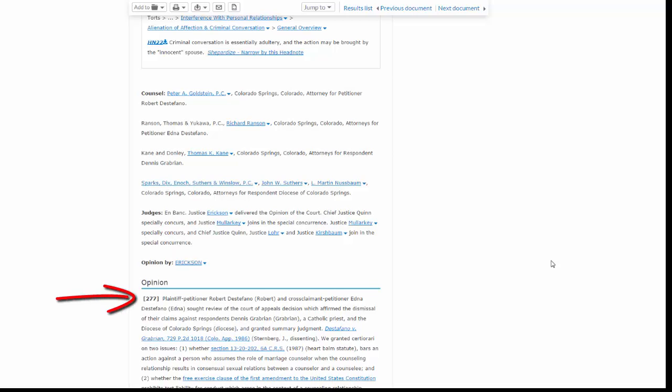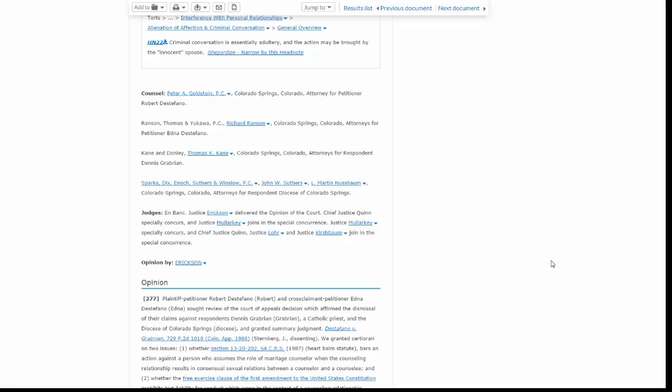Throughout the opinion, you will notice bracketed numbers. This is the pagination for the case. The page numbers apply to the text that appears after the bracketed numbers. For example, from the citation to this case, we know that it begins on page 275 of volume 763 of the Pacific Reporter. If I wanted to use this case's definition of the test for outrageous conduct in a brief,